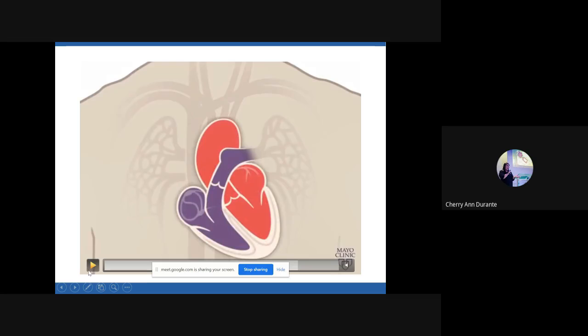Next portion that you have to know about the heart is that the heart responds to an electrical impulse and also has the ability to initiate one. Aside from that, it also is excitable, meaning it responds to an electrical impulse and also conducts electrical impulse from one place to the next. And this conduction system is beginning in your right atrium,